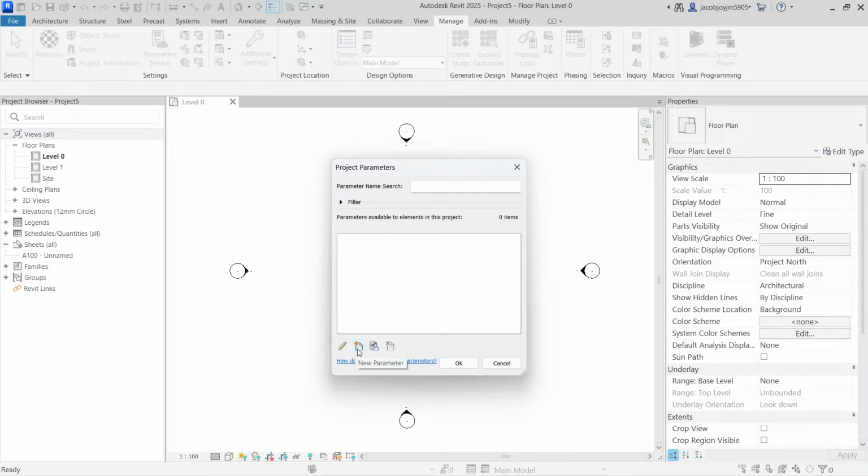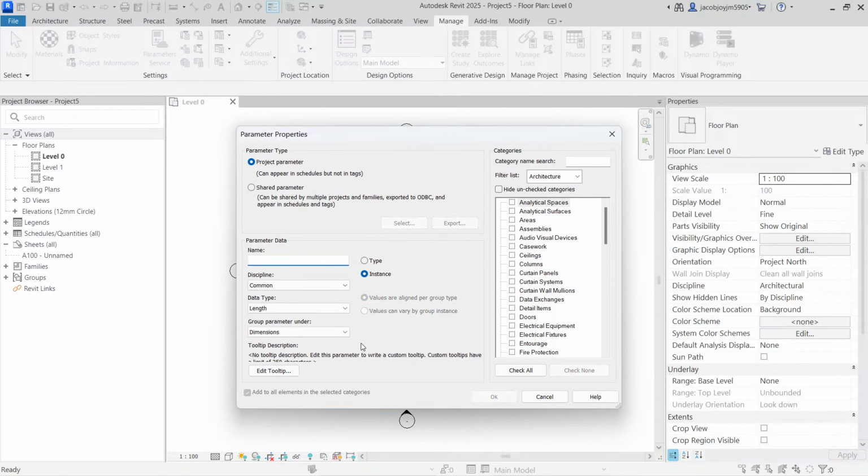Okay, so here you can see new parameter. If I click here, I have two options. I can create the same parameter as a shared parameter, so I can use the same concept in all projects, or I can just use this concept only for this project. If I have to use the same, then I have to do the same steps again. So that's the difference between project parameter and shared parameter. And you can read the description note. For now I'm going to use project parameter,